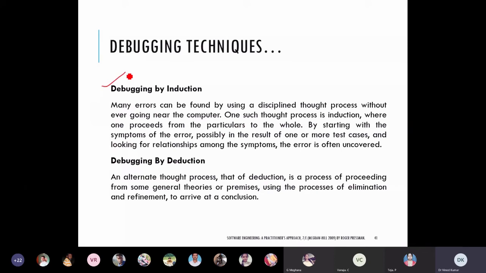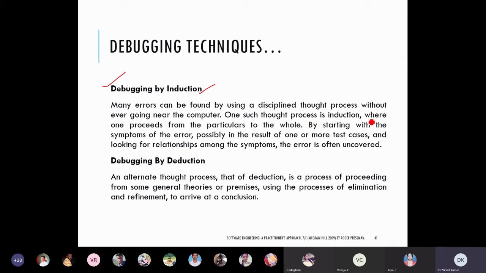So one more thing is here, debugging by induction. Some induction process we will use, we will induce by our thoughts. We'll apply our thought process, and using that we can find out the errors without going to the computer. So this type of debugging comes. Sometimes if you execute, some error has occurred and you tell your instructor, sir, this error is coming, so he will automatically, by induction, think, okay, this is the problem, because that thought process can be completed.